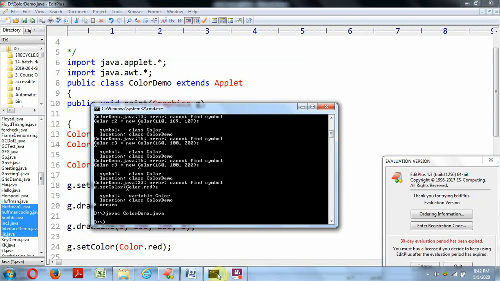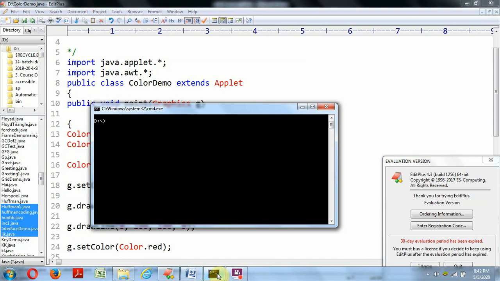Now the program is compiled successfully. We run it by using appletviewer, because this is an applet.